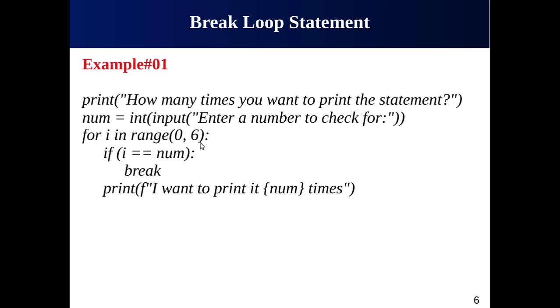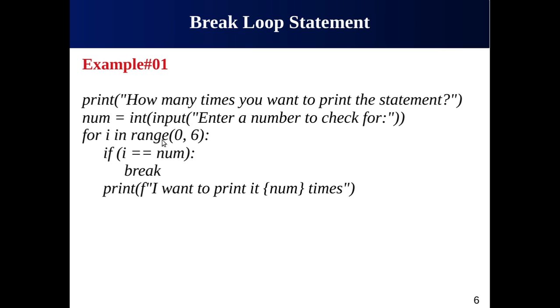Now the value of i will become 2. Compare 2 with 6. 2 is less than 6. Yes, the condition is true. We have to execute the body of the for loop. Come here, again check the condition. Now the value of i is 2. Compare 2 with the value of num, which is 3. 2 is equal to 3? Again no. So the break statement will not be executed. Come here and print this statement. Go back, increment the value of i by 1.